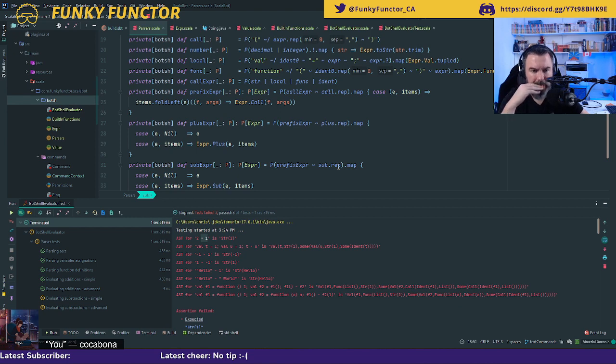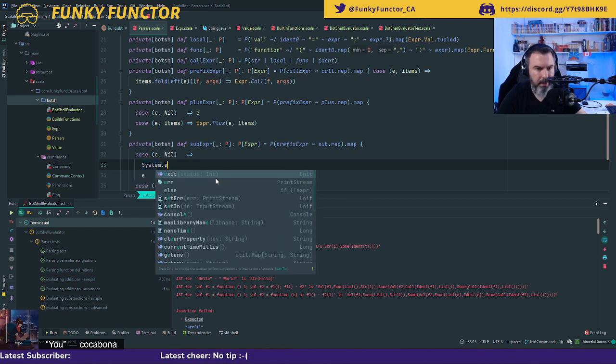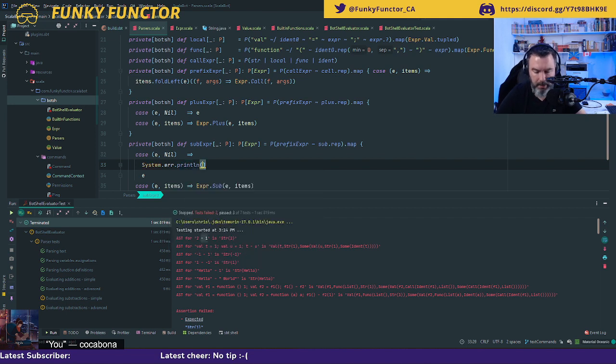So why? Let's try to see if I get in here. Maybe that is, so system print line, and I am gonna say, oopsie, passing through sub expr with nil values.